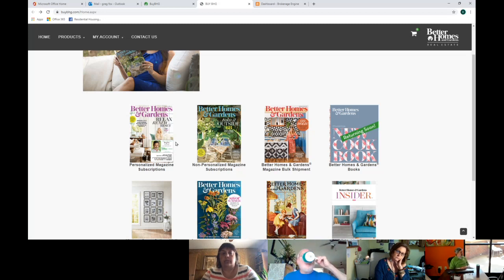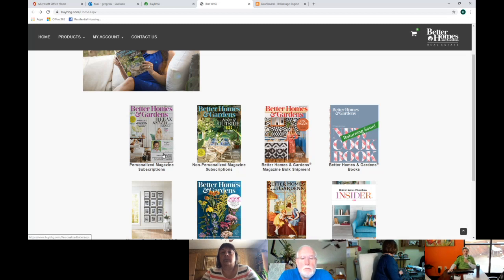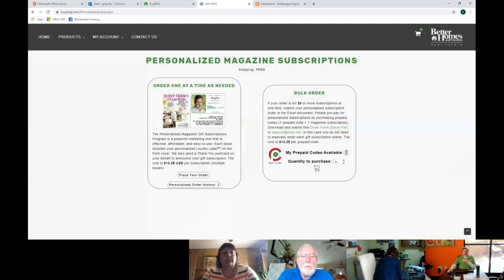But what we believe is that it's hard to get clients to remember who you are and give them something of value. Magazines tend to sit out on coffee tables or in waiting rooms or go other places that will help you. And the original label didn't look like that. It had a much smaller picture and a lot more talking up here. Didn't like that at all.